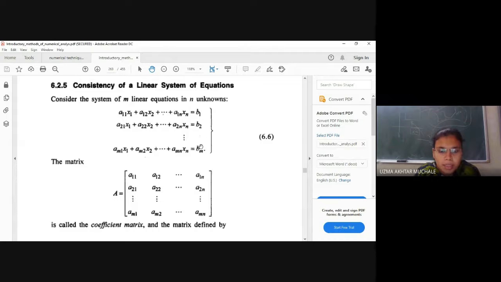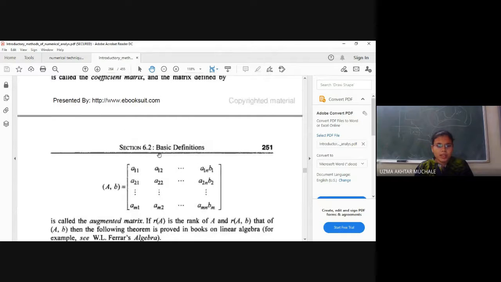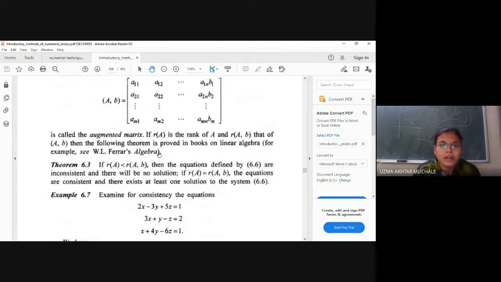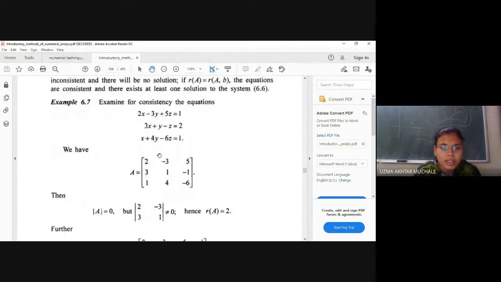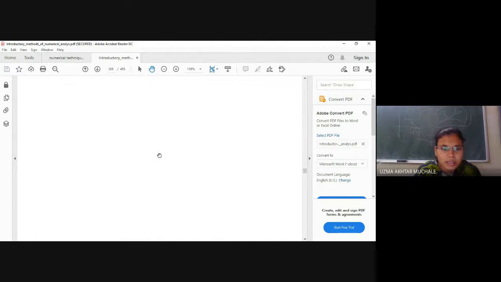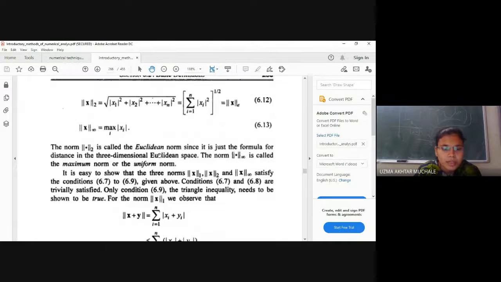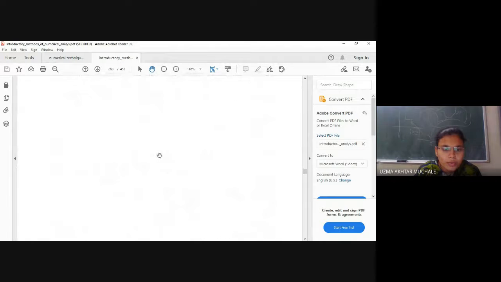What are b1, b2, b3? These are nothing but some constant numbers. Now, if all those values of bi are 0, it means this is an Ax equals 0 type of system, a homogeneous system. Right. So here we can get one matrix. With the help of this, we have to find out whether these are consistent. I am not going to go into consistency now. That is, if all have the same solution, that is consistent. Okay. Let us go to our point.